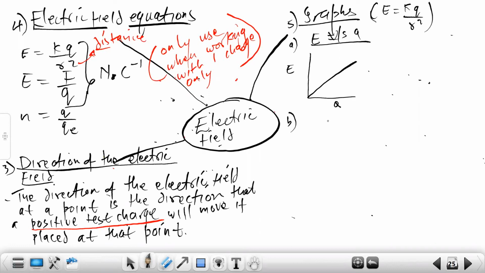So the second one is E versus 1 over r squared. So I'm going to draw the line again, and this now will be